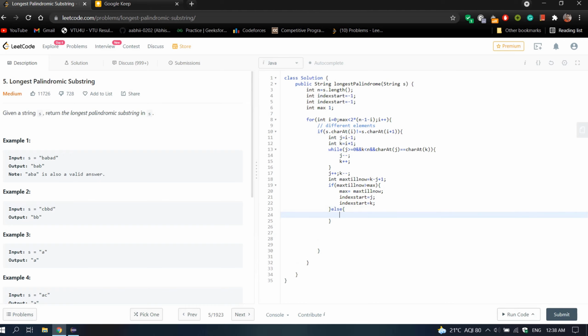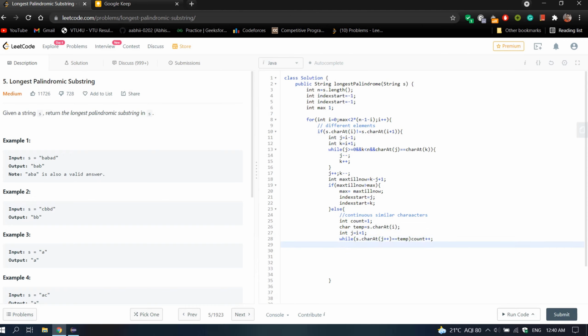Now the else part. In the else part we will be having continuous, similar characters. Now in this we have two types of situations: either the similar characters are in odd number of quantity, or they are in even number of quantity. So first we will declare a count variable and a temp variable, which is going to contain the character at the ith position. So now we will count our continuous characters.